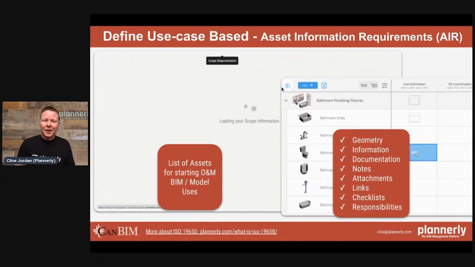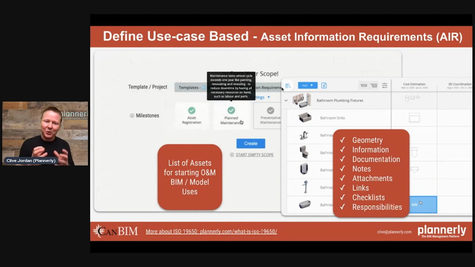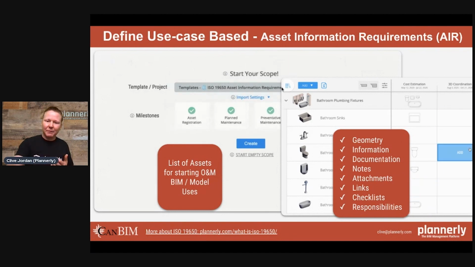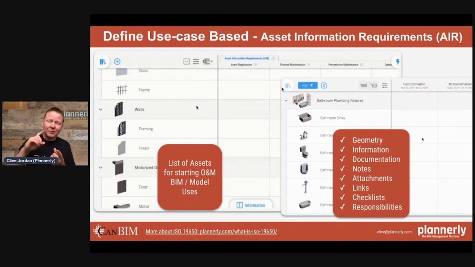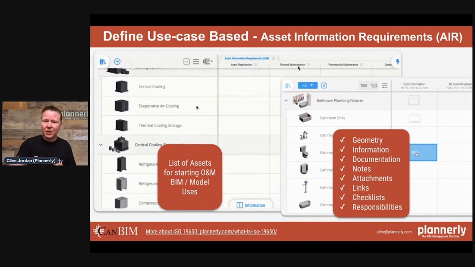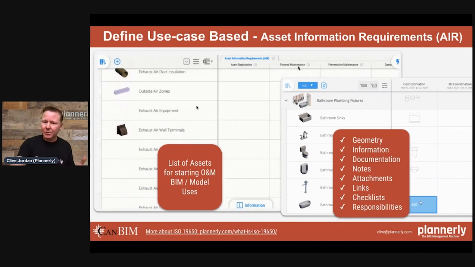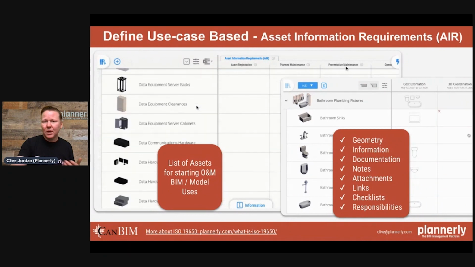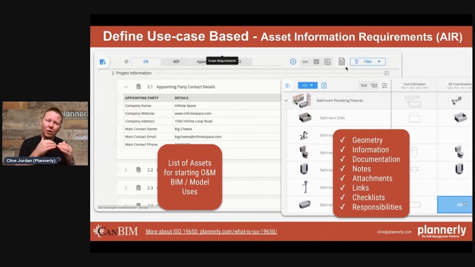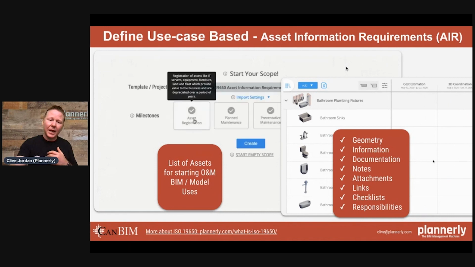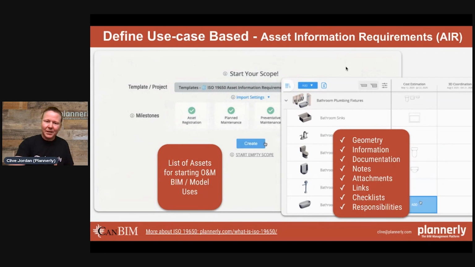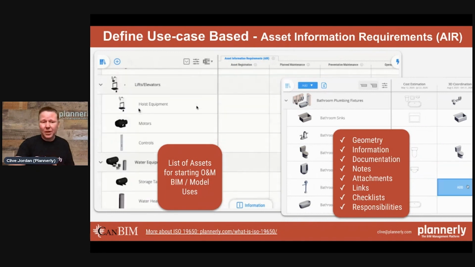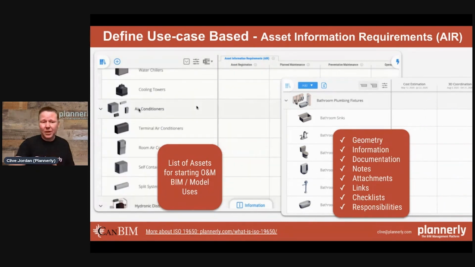As we build these requirements, it's really good to build them around use cases. And from an owner's perspective, building an asset information requirement, is it that you need just a register of assets, or do you need to understand which items need planned maintenance, which items need preventative maintenance, and then what are the requirements from a detailed information perspective? So creating this, again, as a set of templates, whether you are an owner, whether you're an appointing party, or whether you're responding to that team, and being able to define this quickly and visually is a really, really good way.